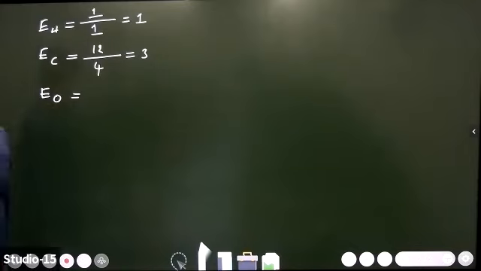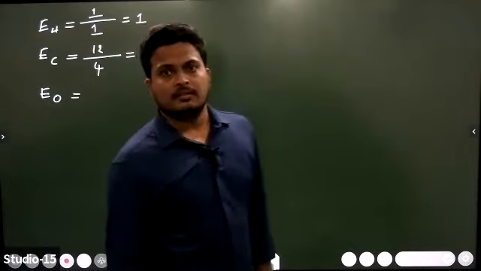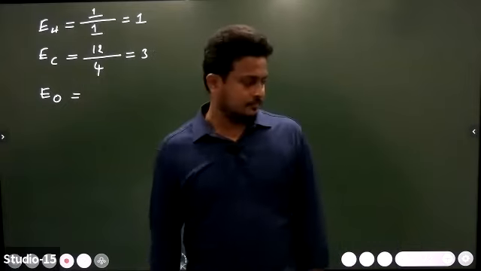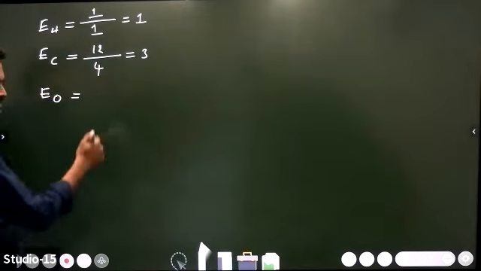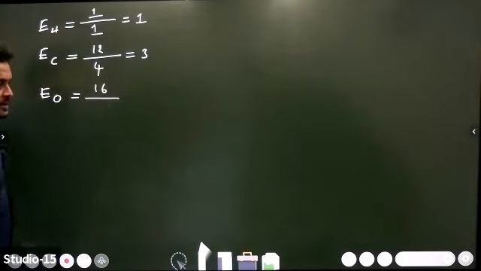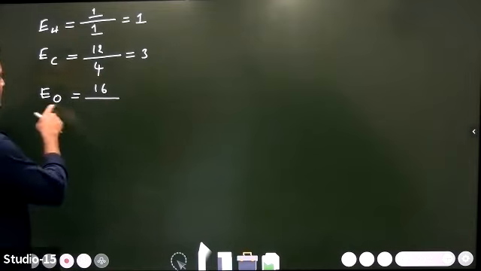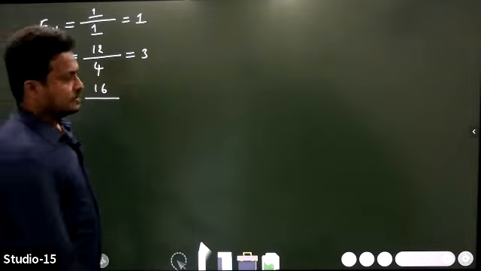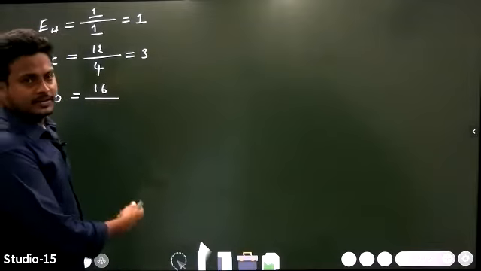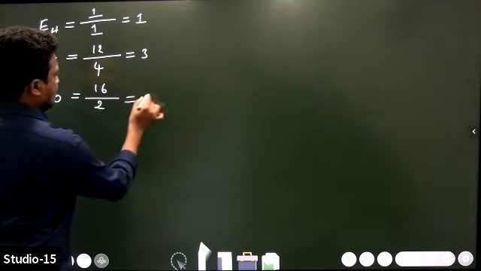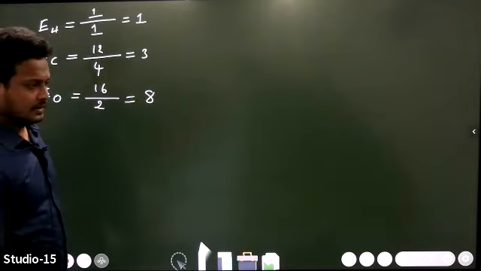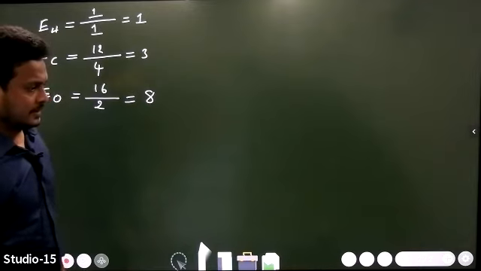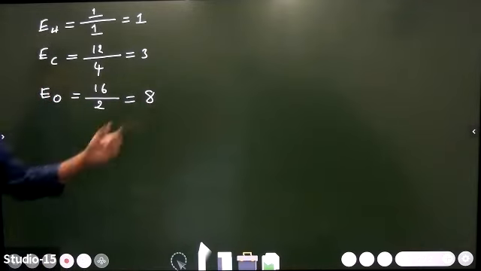Tell me, ma'am, what is the equivalent weight of oxygen? Atomic weight of oxygen is 16. Valency of oxygen is, oxygen belongs to which group? 6th group element. So valency of oxygen is 8 minus 6, that is equal to 2. So the equivalent weight of oxygen is always 8.